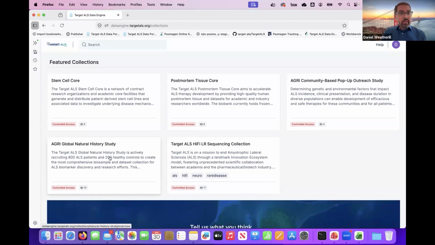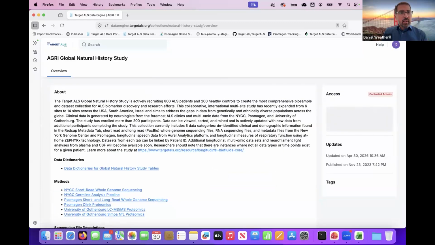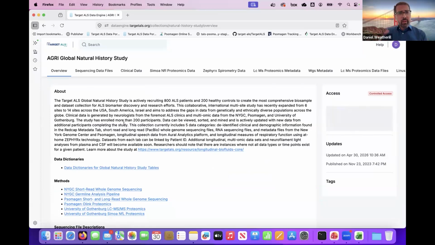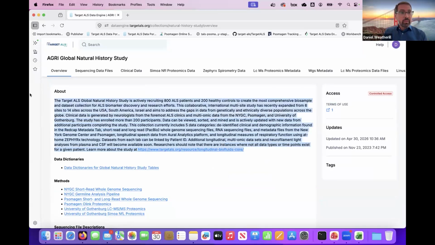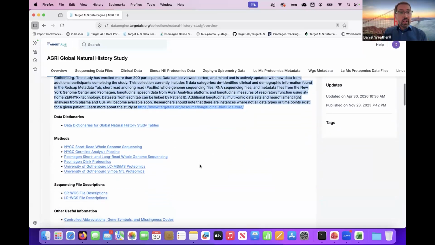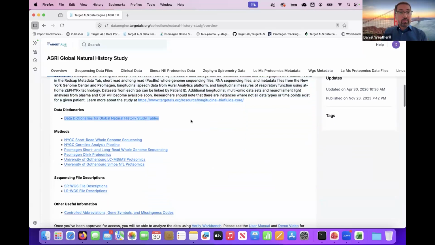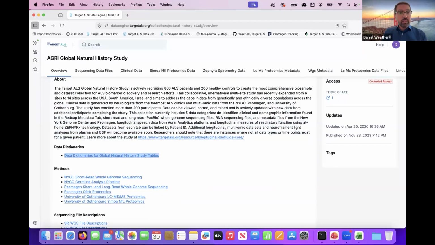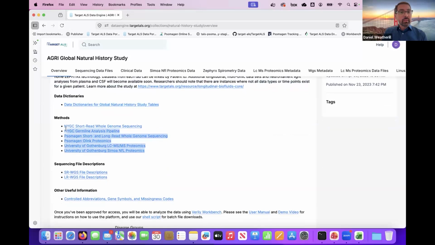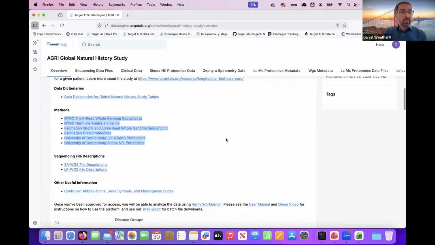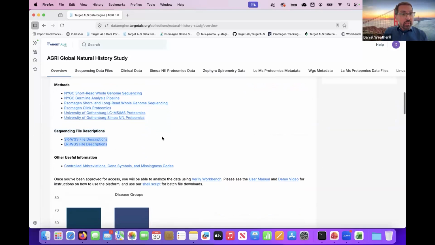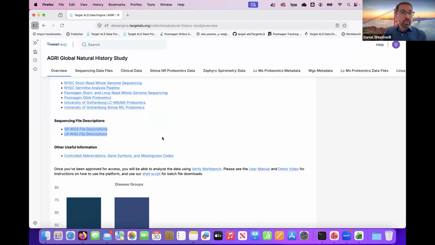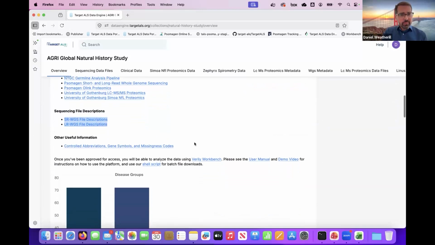So we can access this collection by clicking on the descriptive tab there. So have everybody do that. And this will bring us to an overview tab for this collection. Every collection has this overview tab. It just gives a brief description of the data collection, what's in there, as well as a link to download data dictionaries for all the different data tables that are contained within the collection. There's also links to method sections describing how the data was collected, and also, in this collection's case, links to some files describing the files associated with short read and long read whole genome sequencing